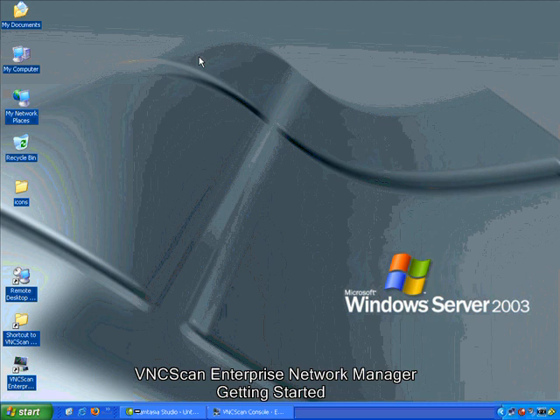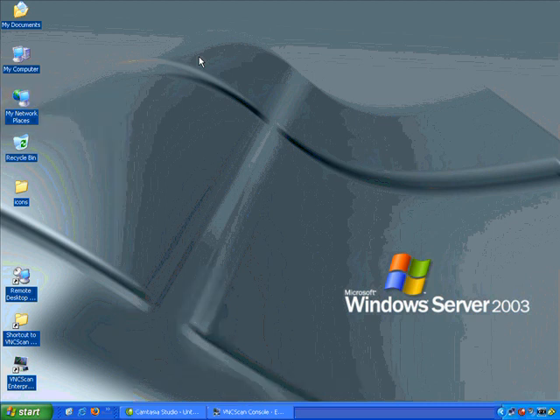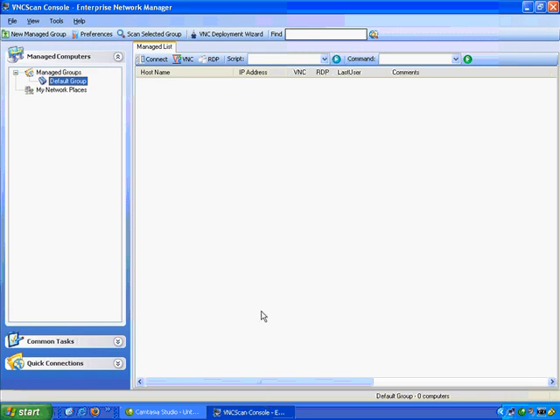This is going to be a really basic overview, as basic as I can make it. I don't want to bore you with details in just a getting started one. There's going to be lots of other videos that cover more in depth. But basically, I just want to walk you through setting up the first group and deploying VNC quickly to some workstations on your network. So, when you first start VNC Scan, you start with a default group, and that group